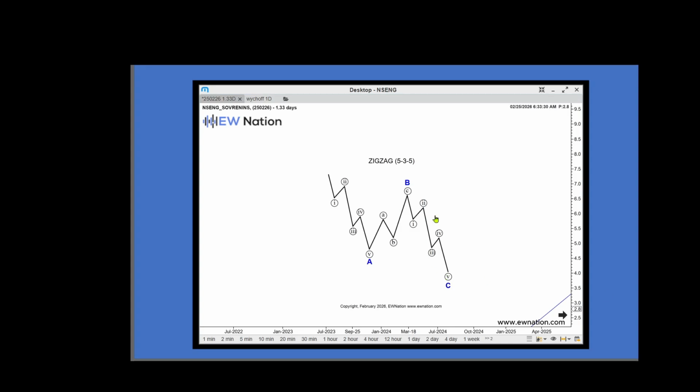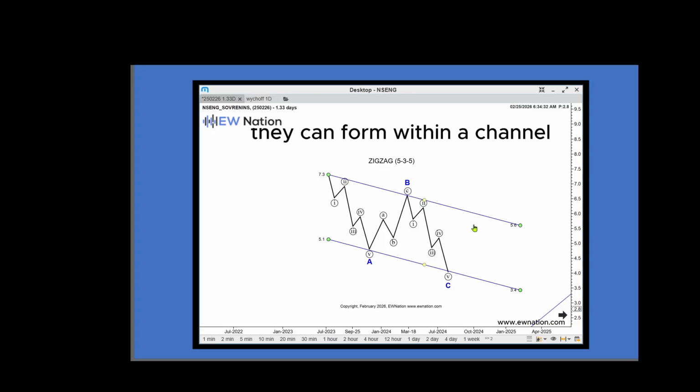What that means is that wave A subdivides into 5 waves, 1, 2, 3, 4, 5. Wave B subdivides into 3 waves, 1, 2, 3. And wave C subdivides into 5 waves again, 1, 2, 3, 4, 5. That's 5, 3, 5. This is the classic textbook zigzag example. And what's interesting about zigzags is that you can also put them,